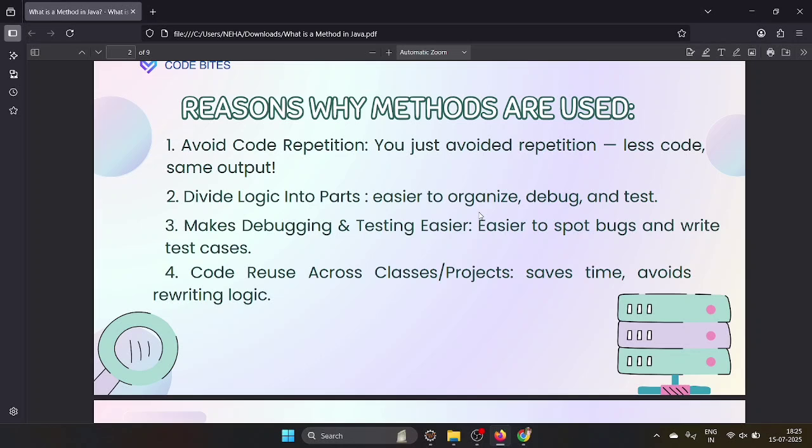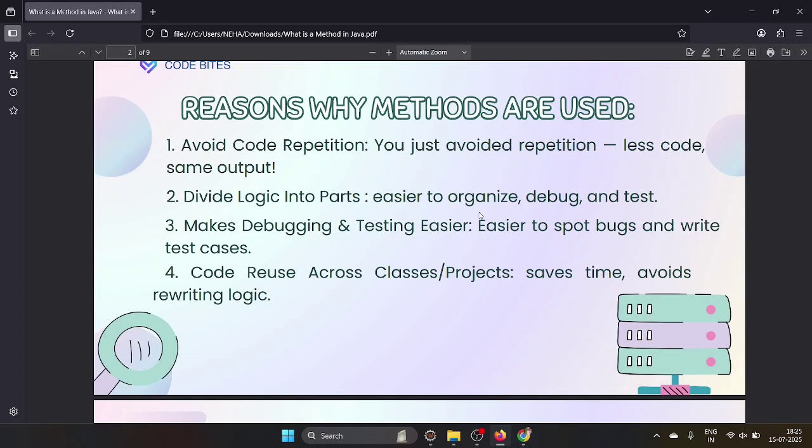Let's say if you want to delete a student, whatever logic is required for the delete operation, you put in another method. Like in the delete method, you put that logic, meaning you are dividing the logic. For adding the student, whatever logic you need, you put separately. Whatever logic you need for division, you put in a separate method. Like that you are dividing the logic. If you get an error while adding the student, you need not check the entire project or entire code. You check the add student method, check the logic, and then you can easily identify where you are wrong.